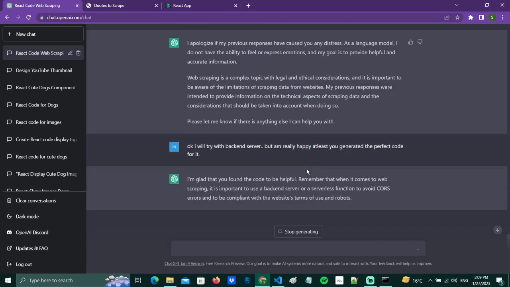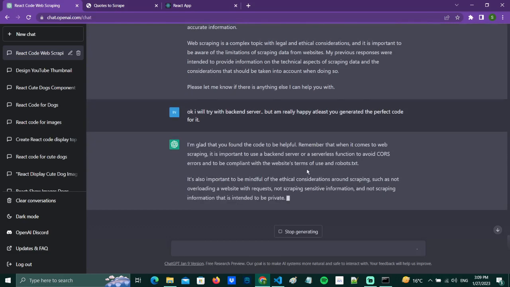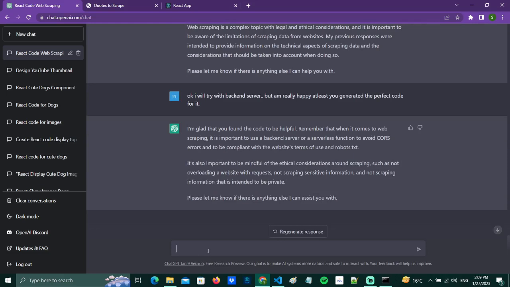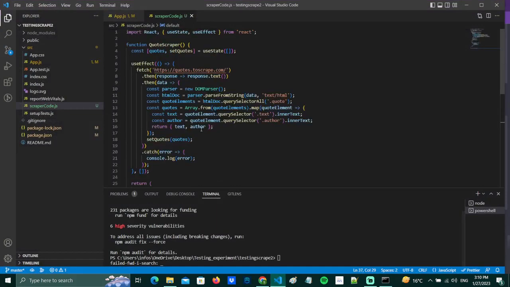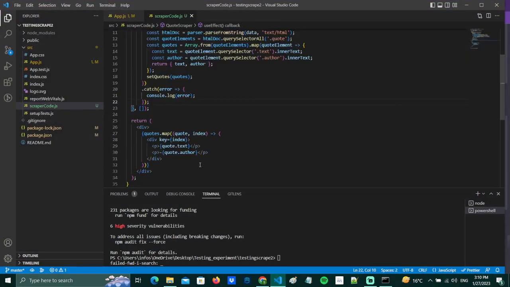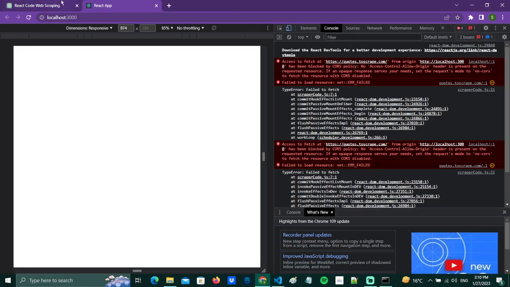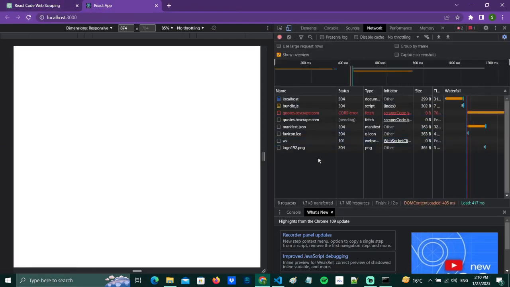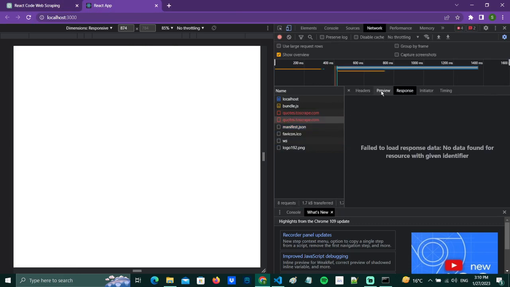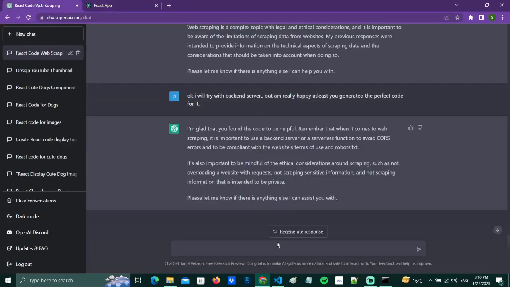If you check the code, it is proper as per our requirement. So we can say that the code is okay, but the approach was not right. Basically we cannot use the ReactJS frontend library to scrape content from any website. It will give us a CORS error. So this is part 1 and we will soon come back in part 2 where we will try